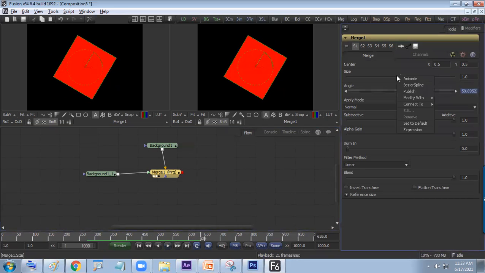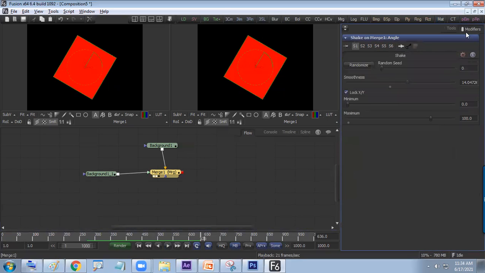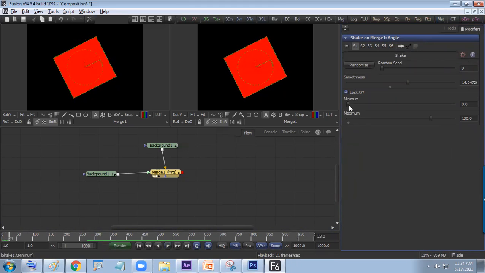How to make it advanced level? Go to the property, give a right click, switch to the modifier and go for shake. Not only shake, there are many types of properties. We're just going to shake. Immediately what will happen? We can find that property in the modifier panel. And here in shake, we do have two properties: minimum how much rotation, maximum how much rotation. That is mentioned over here.